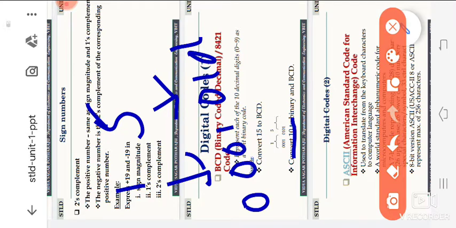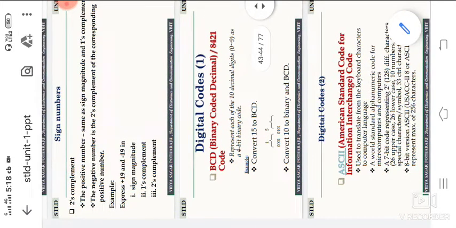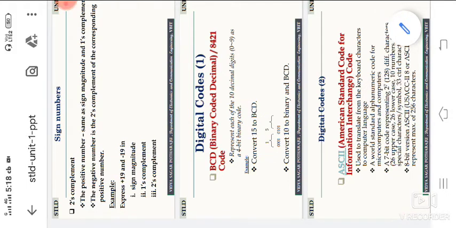In the same manner we convert 10. Because BCD means we only get 0 to 9, as in the case of 15, we convert each separate digit with 8421. Here 10 is the exact decimal number for 10. So that's why we are converting individually. 1 we convert to 0001, 0 we convert to four zeros. In that manner we are converting. In case 9 is there, we convert 9 with the 8421 BCD code. That means 1001 is the answer.